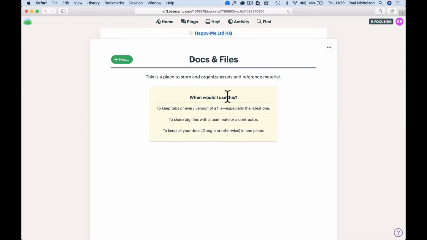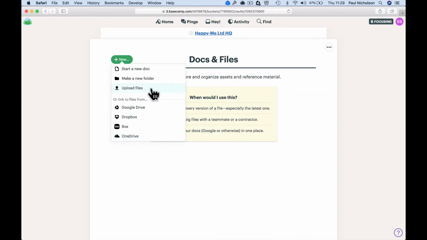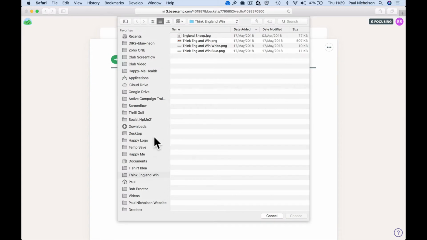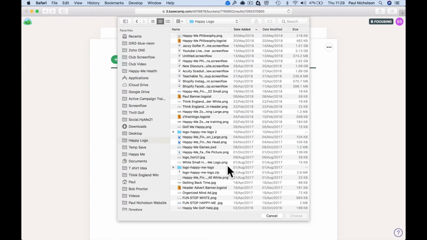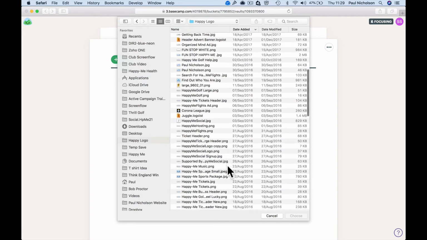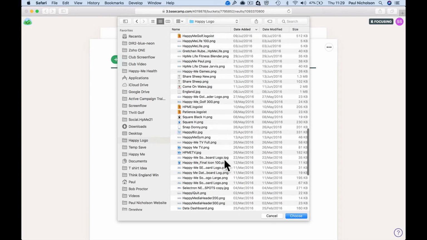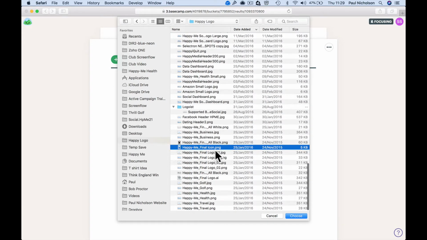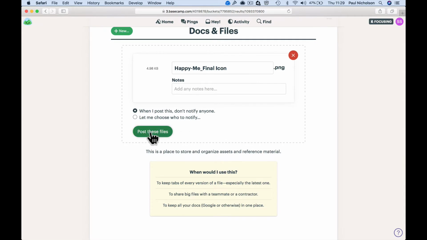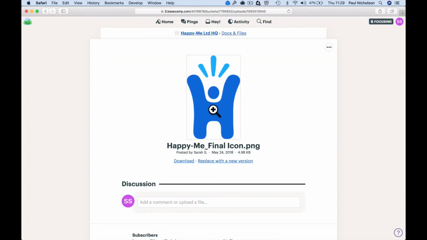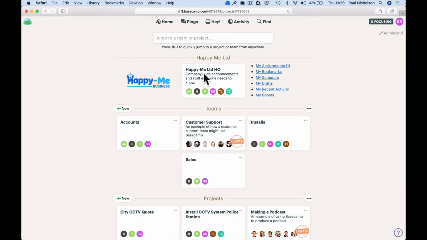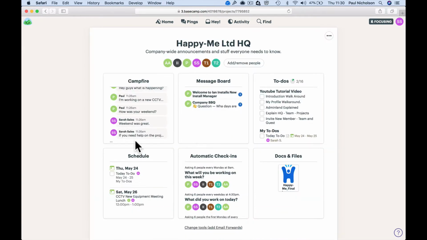You can add company docs if you've got set things like, you know, company logo. Look at upload a file. I might do Happy Me logo. Because you're forever getting people asking for logos or asking for something or other. So I might put, here's the Happy Me final icon. Post this file. So rather than all of a sudden someone saying, hey, have you got the icon for that camera or that thingy? You start posting it. Add it in certain places, isn't it? So the hub of your system is, and I might come back around to it, but you